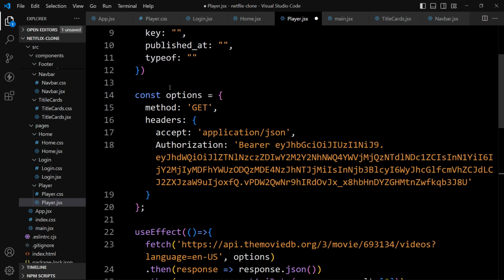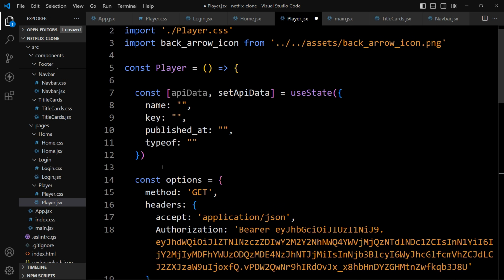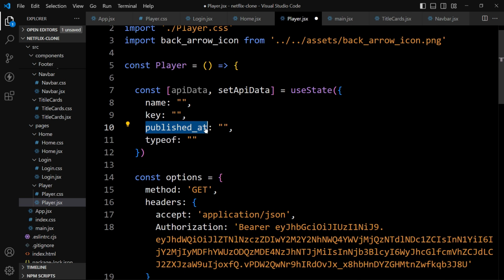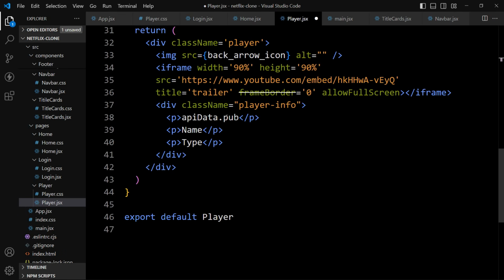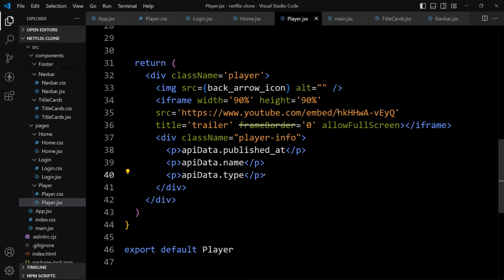So let's copy it from here. Then we will add apiData.name. After that we will add apiData.type. Correct? And now we need to update the key here.